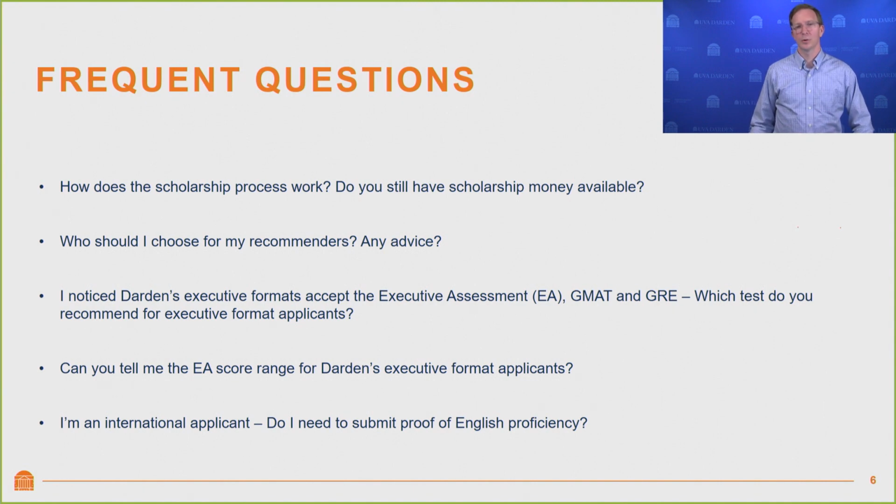The most competitive scores, and again, we're just talking about pure numbers here. Obviously, the admissions process is very holistic in nature. But from an EA test taker standpoint, the most competitive scores that we see are in the 150s and 160s. So if you're planning to take the EA, keep that in the back of your mind, but also know that when we get that test score information, we're going to look at it in the context of your broader application. So it's not just going to be undergraduate GPA or graduate GPA and test score alone. It's going to be the whole thing,